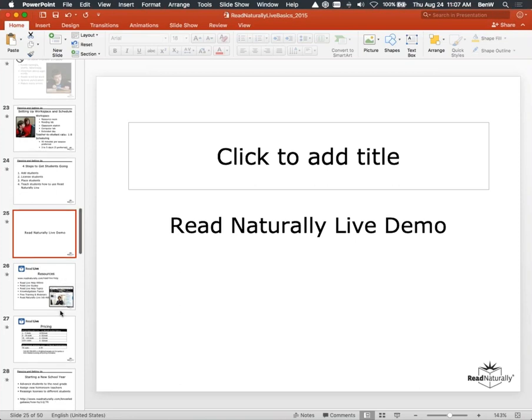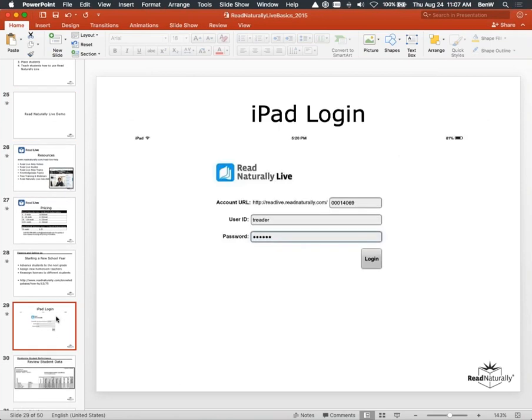But one thing that's different is that initial login. Actually this is an older screenshot of that, but you will still need to have the account ID for the iPad app, and you'll need to have the student's user ID and password.